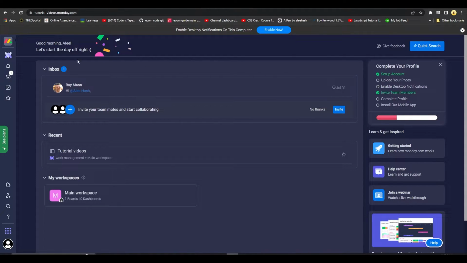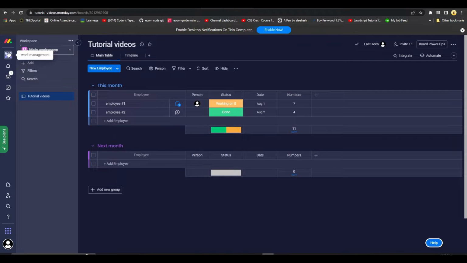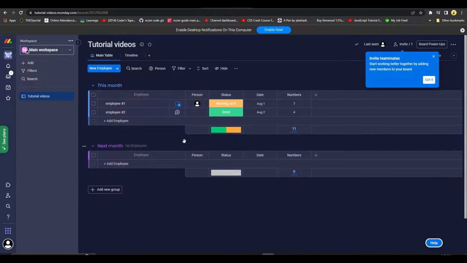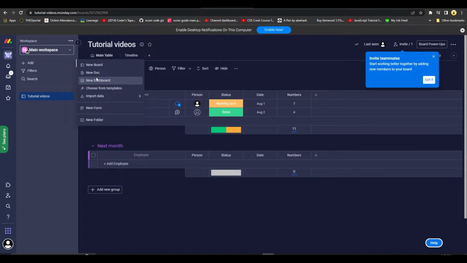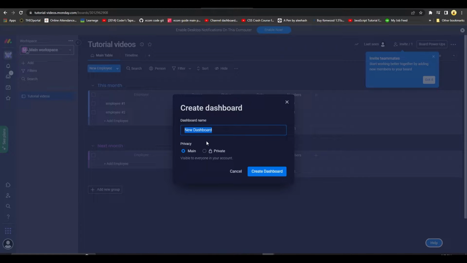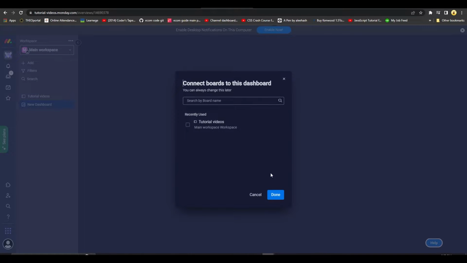So on the left side, if I were to come over here on my main workspace, then over here you can basically see that we have our main dashboard. To add a dashboard, I will simply click on the top left on add, then I will click on new dashboard, and over here I can either have it be a main dashboard or have it be a private dashboard. For now I will have it be a main dashboard, then I will click on create dashboard,